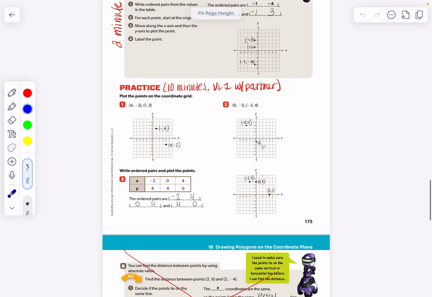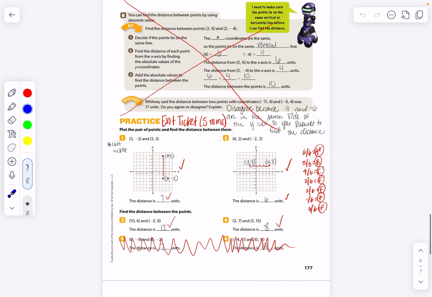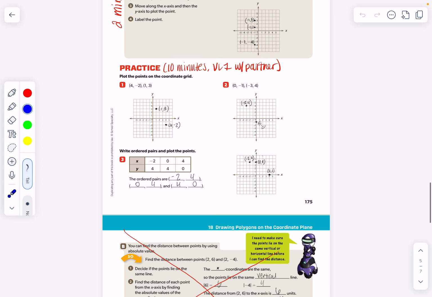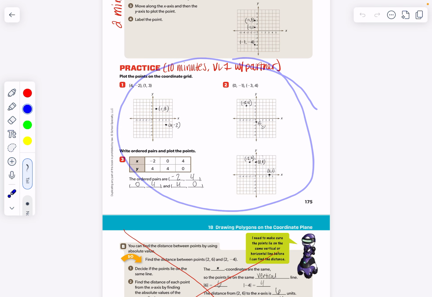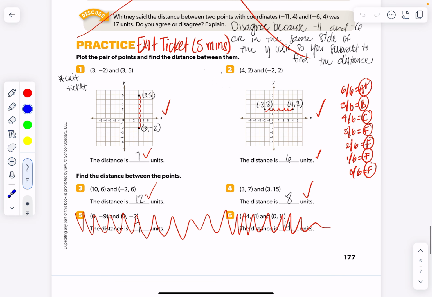From there, you will launch students in about 10 minutes of partner practice at a volume level 1 to work on these questions before giving them about 5 minutes to work on their exit ticket. For their exit ticket, they are going to be required to plot points given ordered pairs, as well as find the distance. Questions 1 and 2